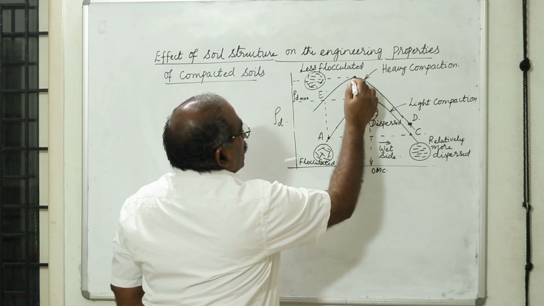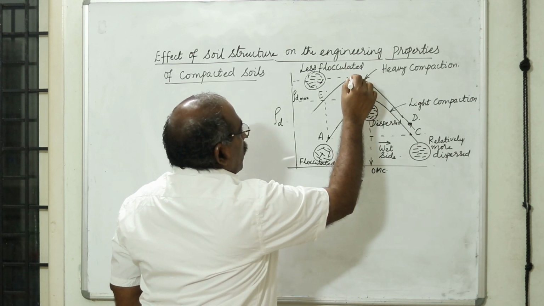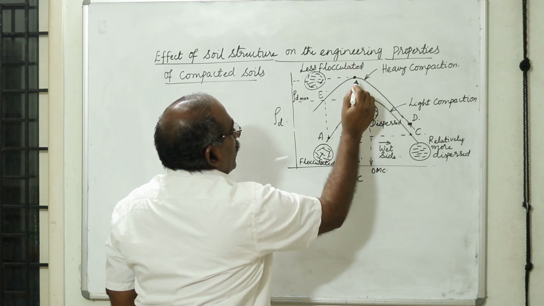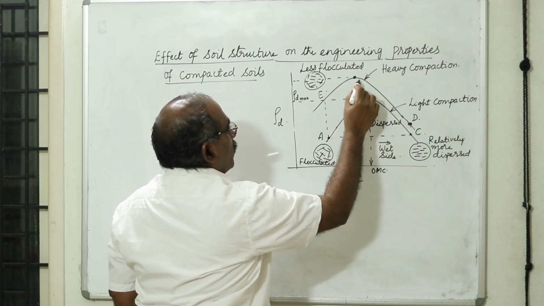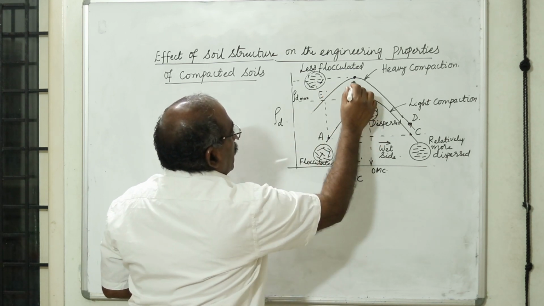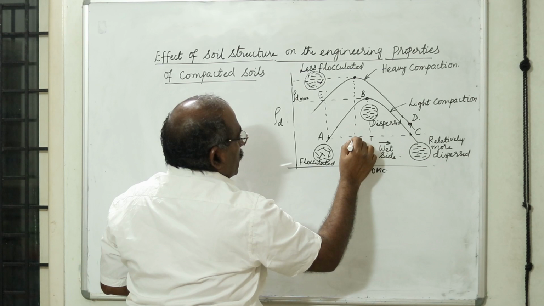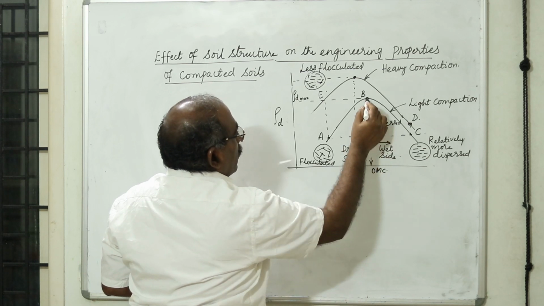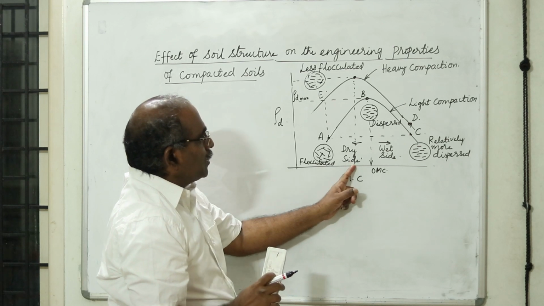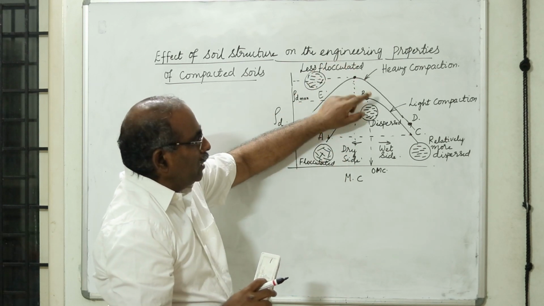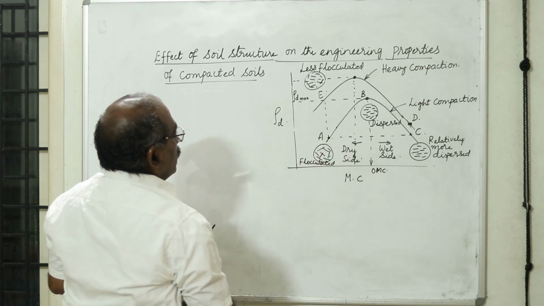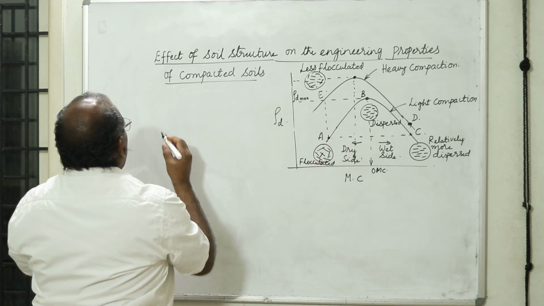Now when you compare to this, at the optimum moisture content, you will have a relatively more dispersed structure, therefore it is going to shift to the left. You can see the optimum moisture content is less and the maximum dry density is more. Therefore, at a lesser optimum moisture content, you can achieve a higher density because of the changing soil structure. This is a very important aspect, though it's not part of the syllabus, but you need to understand this.